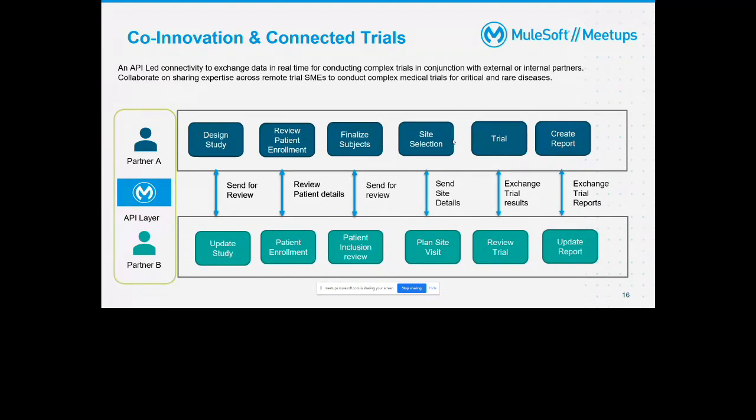Then some patient enrollment, some partner is doing some other region. I mean, another partner is active in some other region, so they are doing some additional enrollment. And finally, they do the trial together and then submit the report. It might not be an actual situation. The actual trial process is much more complex than what I am depicting over here. Just for the sake of understanding, I created this diagram.